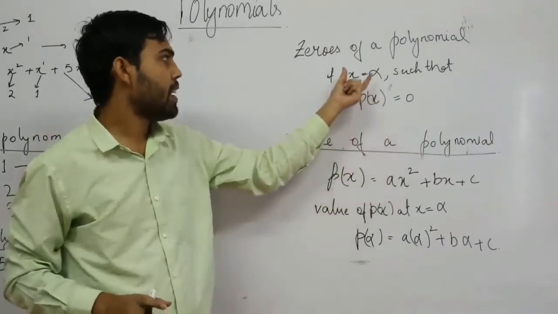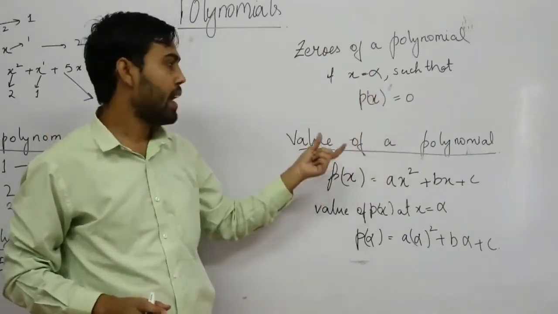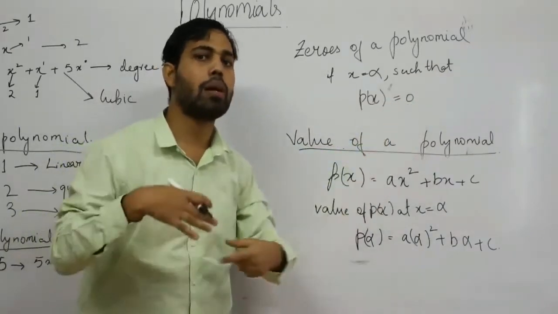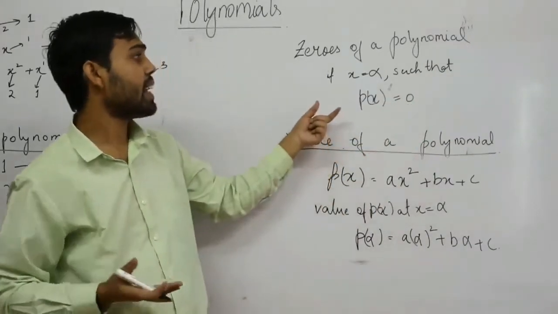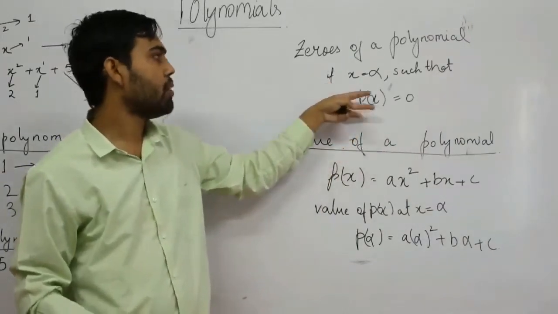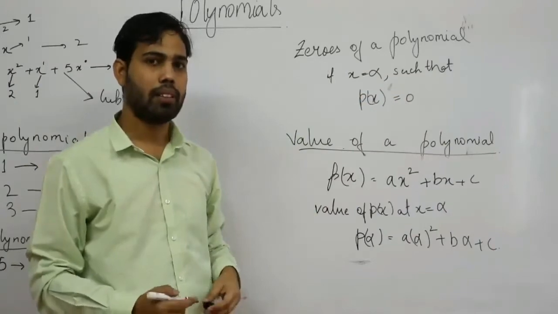If I have a polynomial given to me, and I am required to find out the zeros of the polynomial, what I mean by this is that I put such a value of x so that this polynomial will give me zero. Okay,